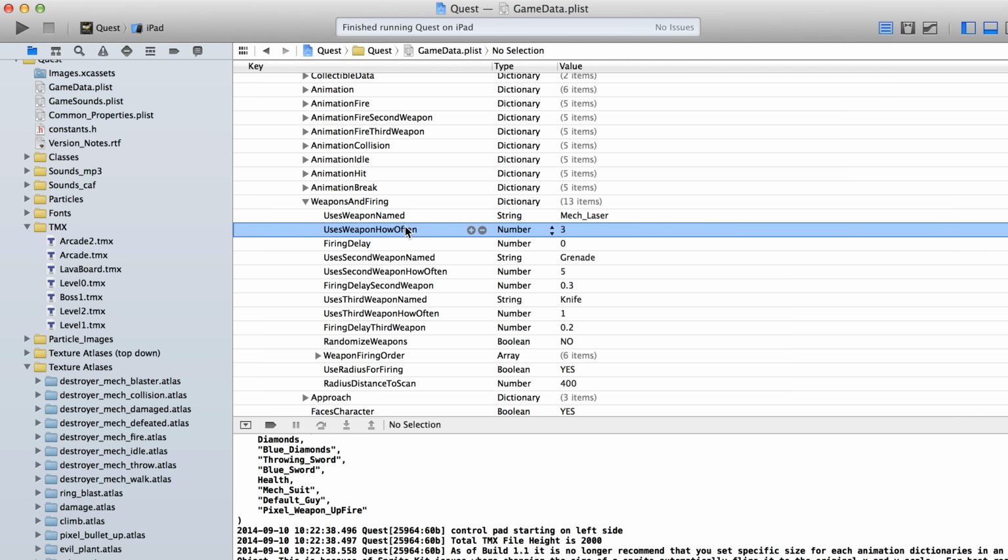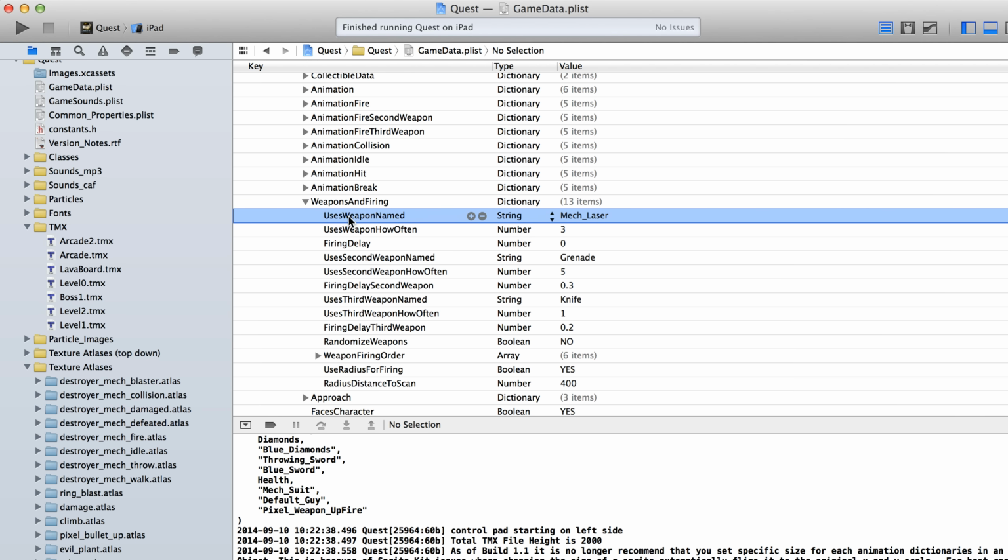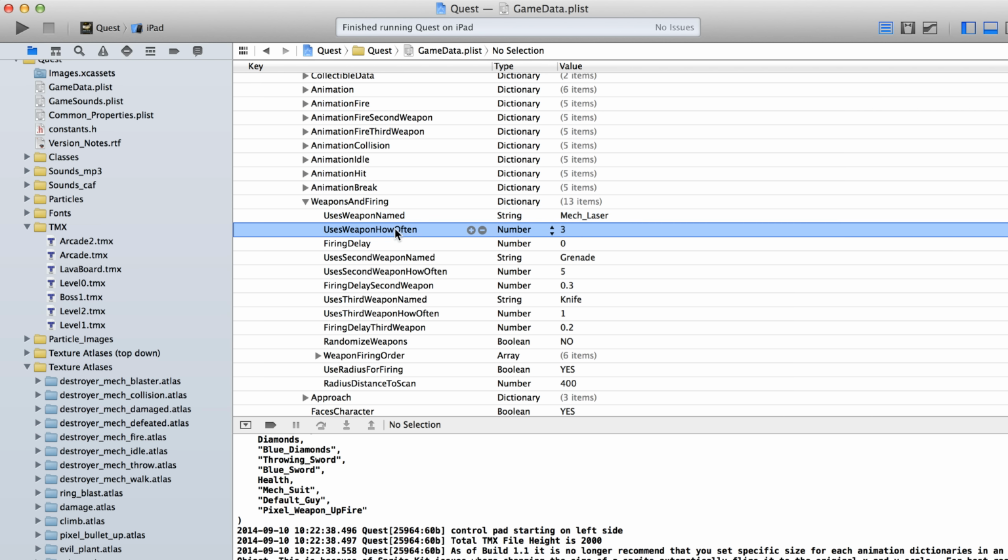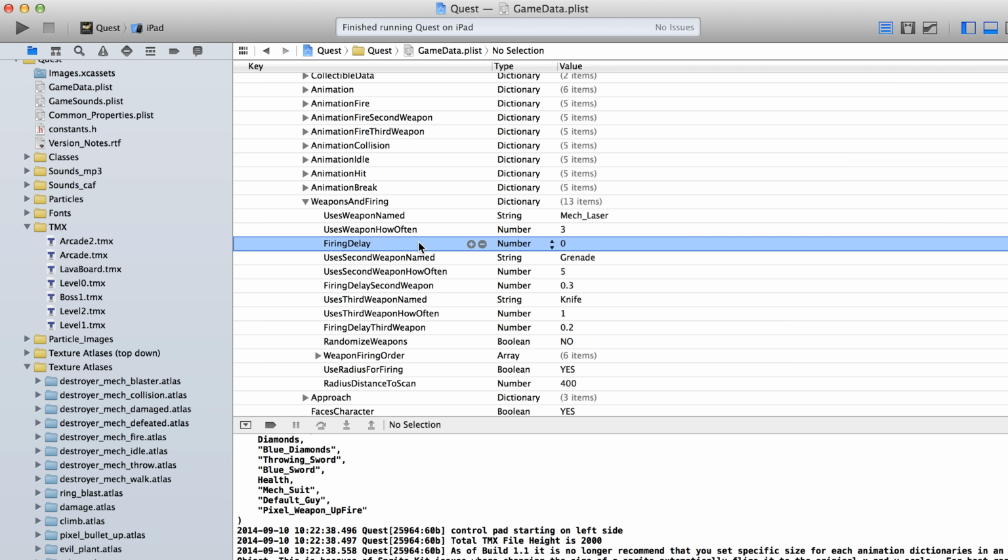And since you know this, well, this first weapon is always going to use the animation fire dictionary, okay? And then you've got your uses weapon how often property, and this is set to a number of 3 seconds. It's going to be also a decimal number if you want it to be, and of course he's going to fire every 3 seconds. And then firing delay, this is an offset value from